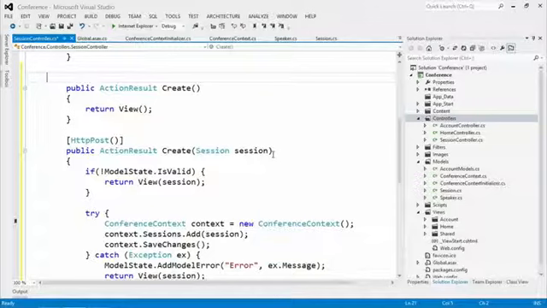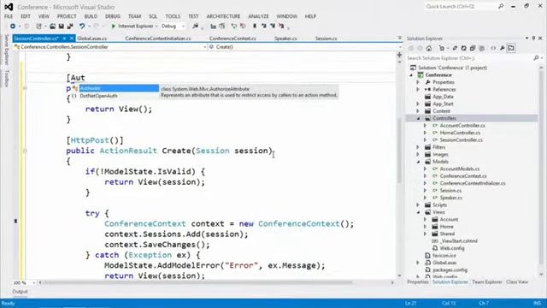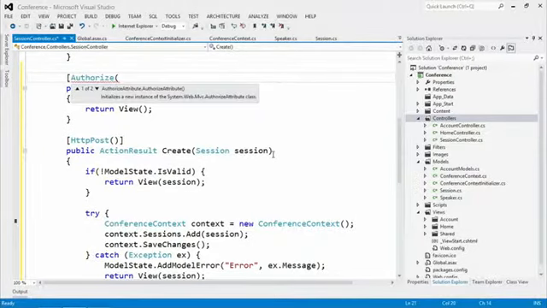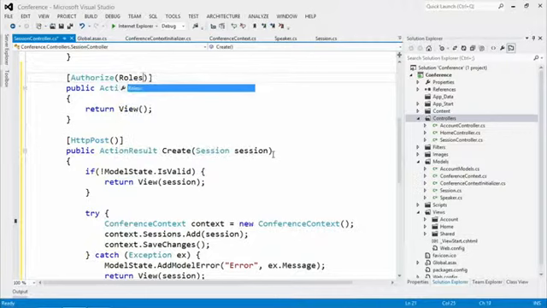So on my code, right up top of my create, I'm going to add in our little filter and simply say authorize. That's it. On my authorize, I could either just simply say authorize, which would mean that you'd have to be logged in, or I could say something like roles equals, and then add in, for example, administrators. So you would have to be a member of the administrators group to be able to access that